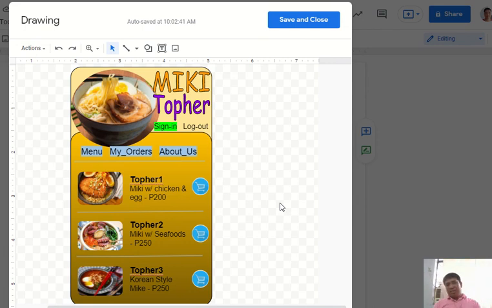Okay, so this is a simple screen user interface design sa cellphone, particularly on the online business, okay? So sa designing, depende sa creativity ninyo. At saka marami naman kayong guide at mayroon naman kayong nakikitang mga design with other application. Ganito, you can copy that. I mean, you can copy that concept. Okay, you can copy that concept. Pwede mo ring tularan. Okay, so that's it for now for this making of or designing of